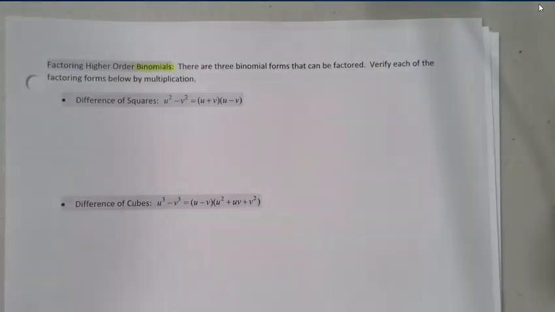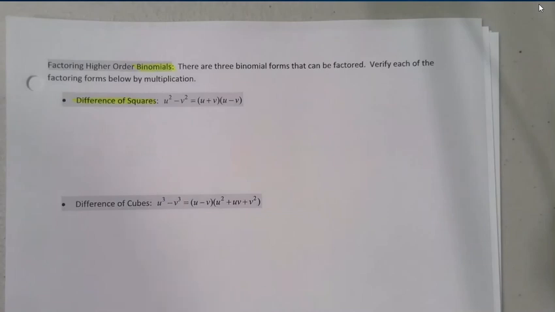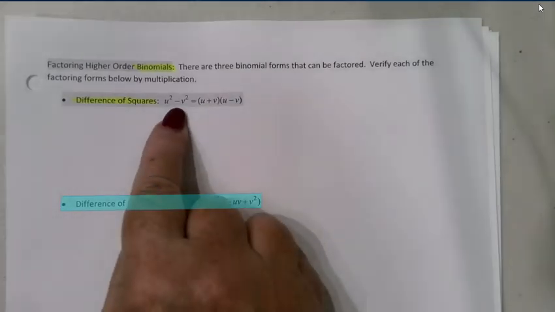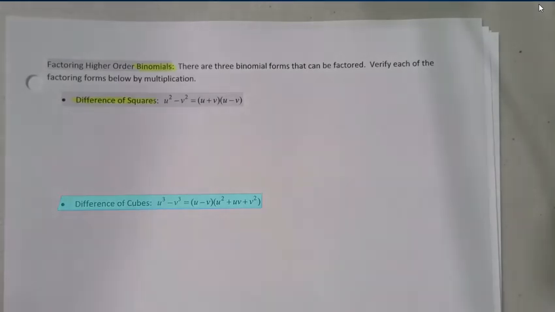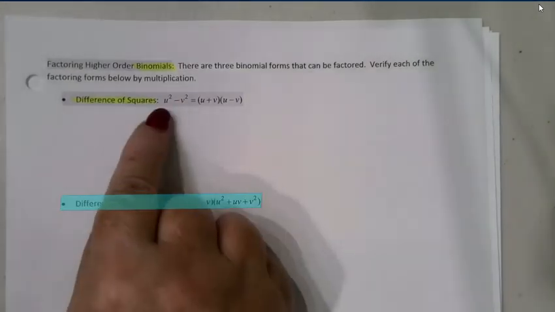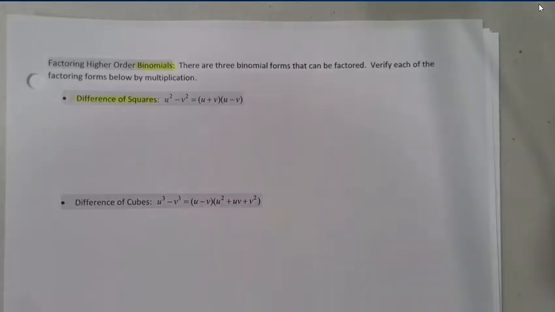There are actually 3 possibilities here, one of which you're already familiar with, the difference of squares, right? We've been using this one already today, and we know how to factor it. U squared minus v squared is u plus v times u minus v. Now I want to keep in mind that this is still going to work even if I have higher powers. So, for example,